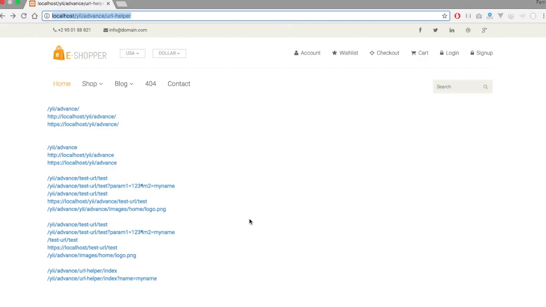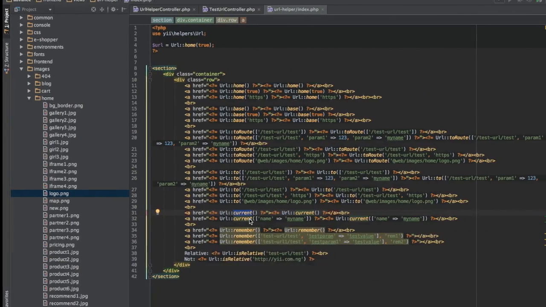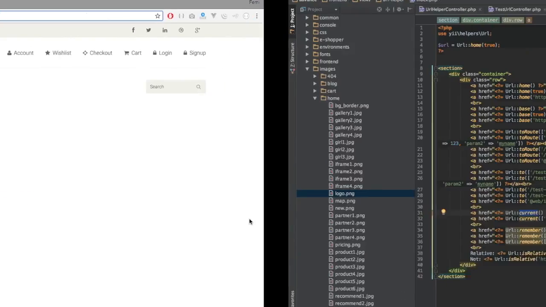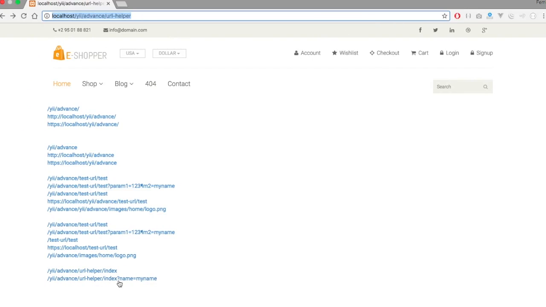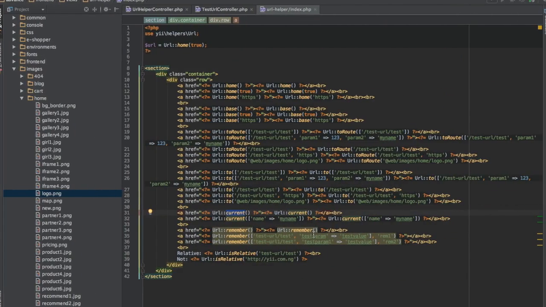Maybe you already have a parameter there by default on your current website. Automatically it still plugs in the new parameter you're trying to add rightly, which is exactly what we have here. Remember, we did not include a question mark here at all before we included our parameter. Let's say you already have a parameter there already. The only thing needed for it to be added was an ampersand sign followed by your new parameter. So current really allows you to get the current website address you're working on and be able to add a parameter to it. So the next thing we're looking at is